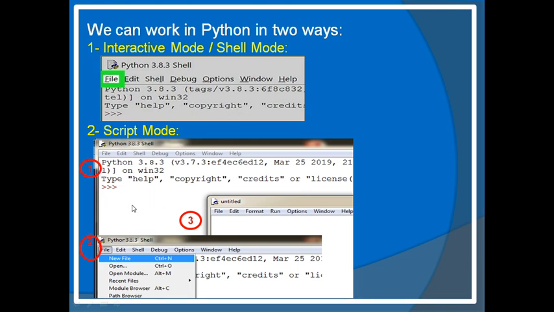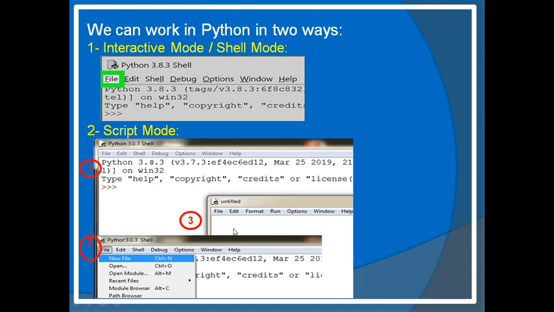If you want to write a complete program having many instructions and statements together, you have to go in this Python shell, go to the file menu, then the new file option. As soon as you click on new file, an untitled notepad-like window will appear, where you will write the complete program.